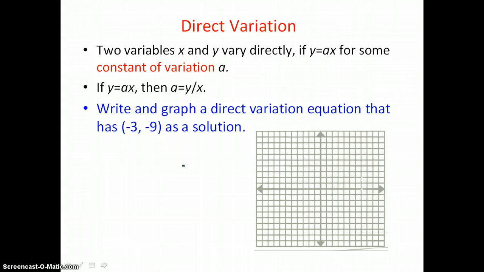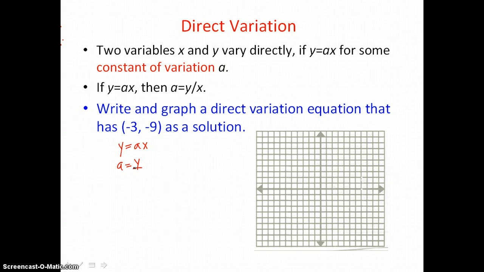In our first example, we're going to write and graph a direct variation equation that has (-3, -9) as a solution. Since this equation is direct variation, we know it's of the form y equals ax, and to write the equation, we just need to find that constant a. So a is equal to y over x